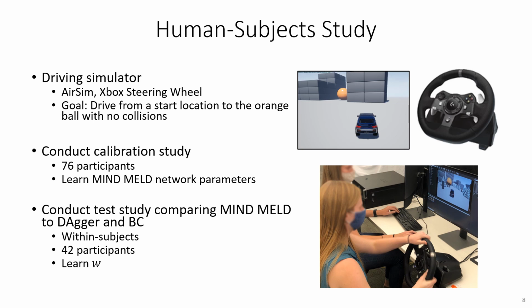We next freeze the network parameters and conduct a test study in which we compare MELD to DAgger and BC. We recruit 42 participants for the within subject study. Note that our population pool consists mostly of Georgia Tech students. After completing the calibration study and learning MELD's network parameters, we next conduct the test study comparing MELD to baseline